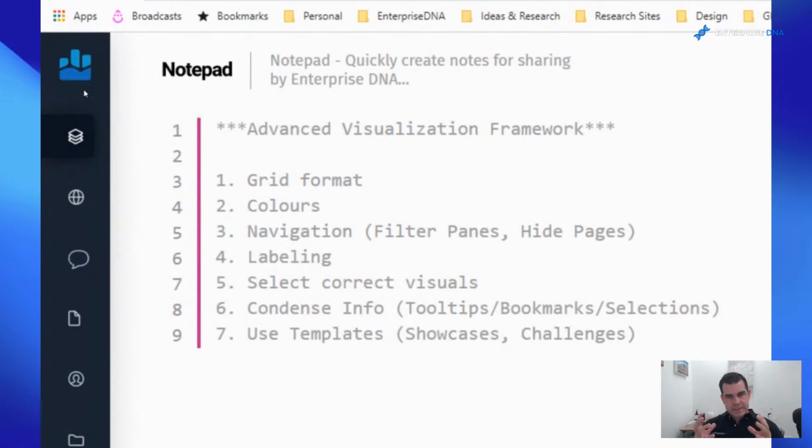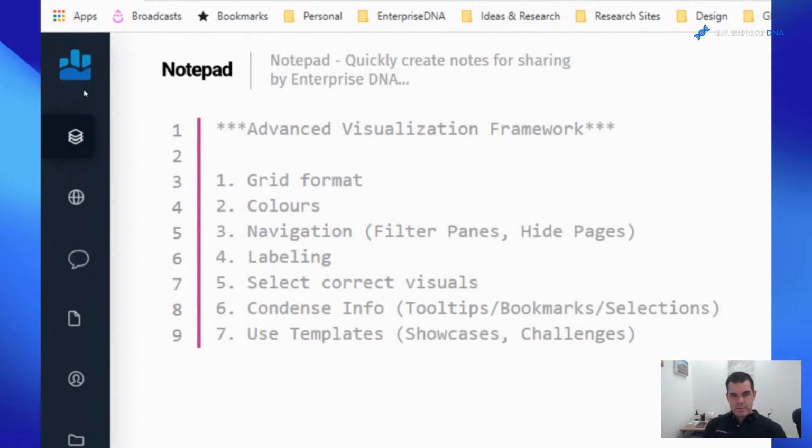Navigation. Building a solid navigation experience within your reports. Okay. I think that we've evolved from just clicking through pages at the bottom of a Power BI report. We always want to try and build a navigation experience inside of our reports. This can be done a few different ways, but it's something that we want to aim for. If we can limit the page, just randomly clicking through pages, that's a big positive in my view.